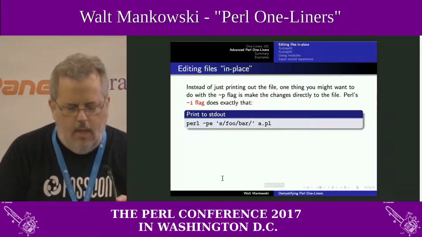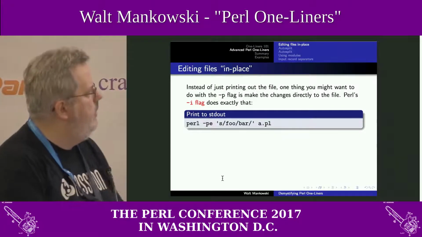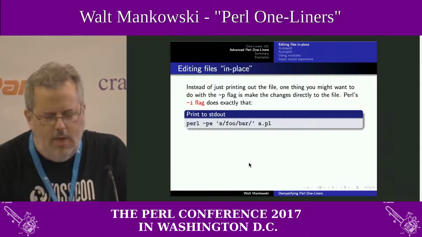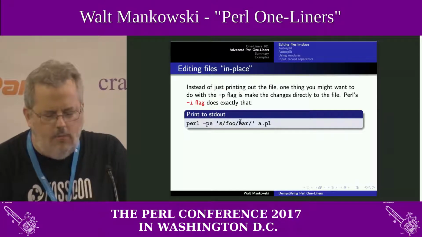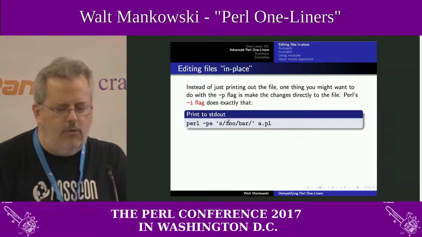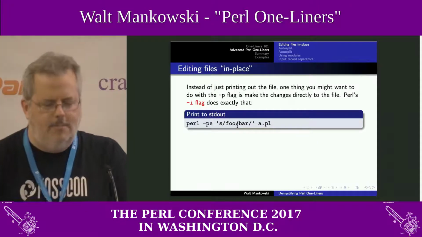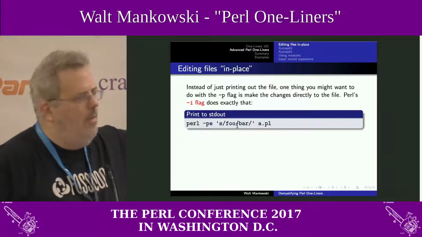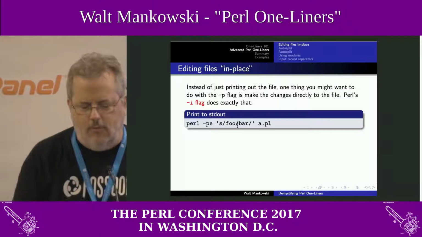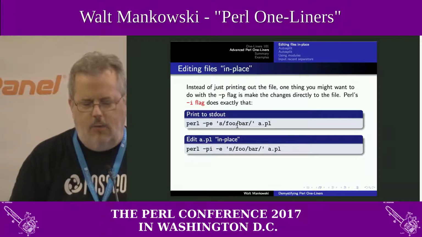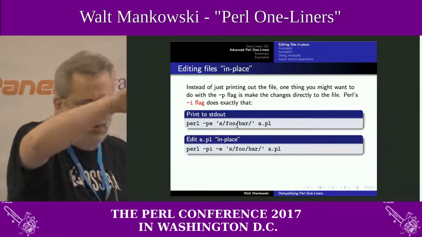So if you do this, it's going to read in a.pl, change all the occurrences of foo to bar, and then print it out, okay? And this is because you made some modifications, and it prints whatever is in $_. If you edit it in place, and I'll say why I have quotes there in a second,